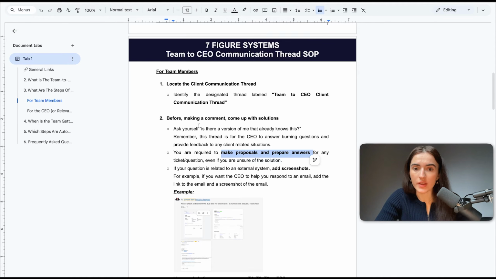And they should also ask themselves, is there a version of me that already knows this? I don't have to go and ask the same thing 15 times. Just ask yourself once as a team member, do I know this? Could I potentially figure this out? Is there another way that I could figure this out? If yes, let me just go and do it. And if it fails and I'm spending too much time, then I'll go back to the Team to CEO